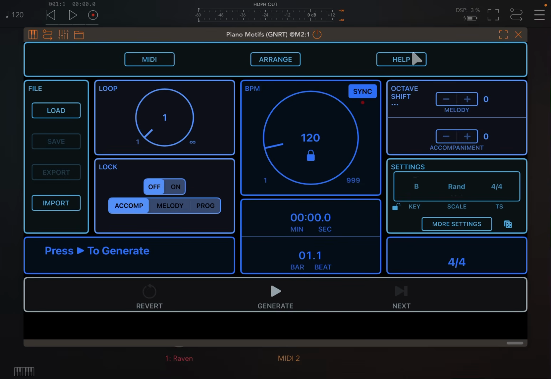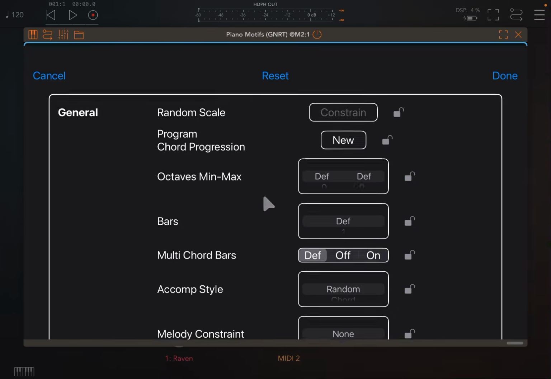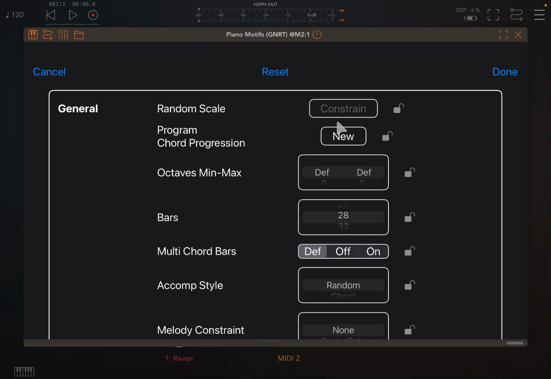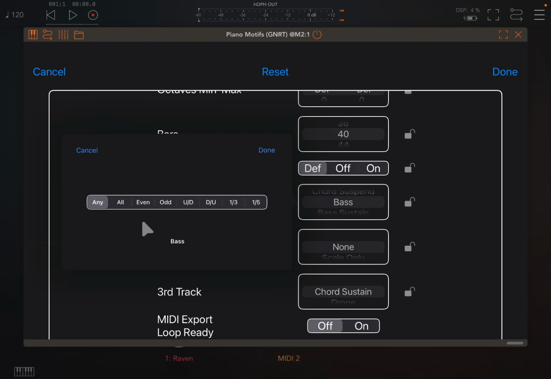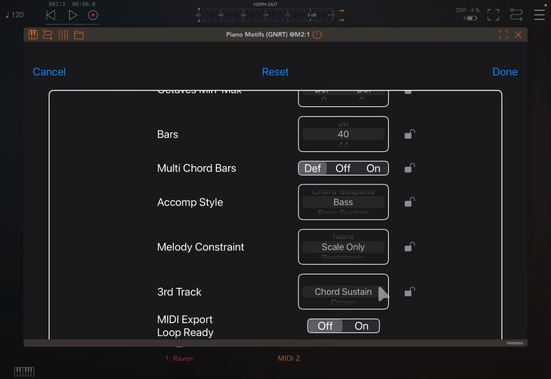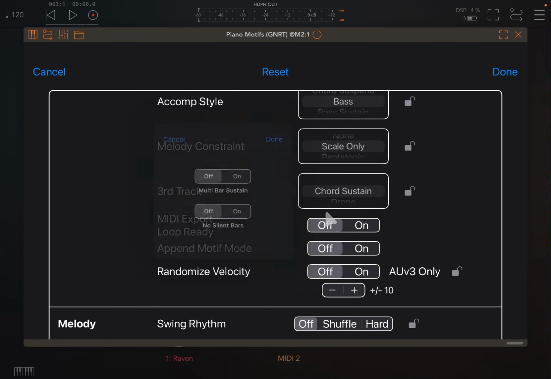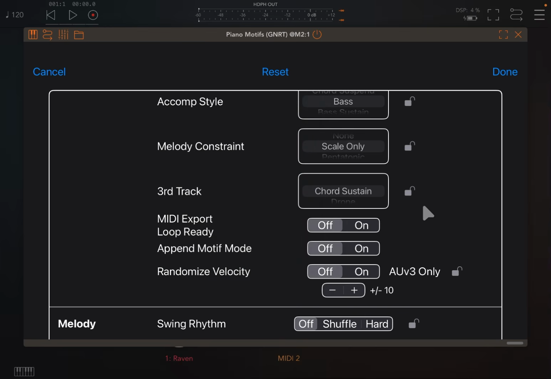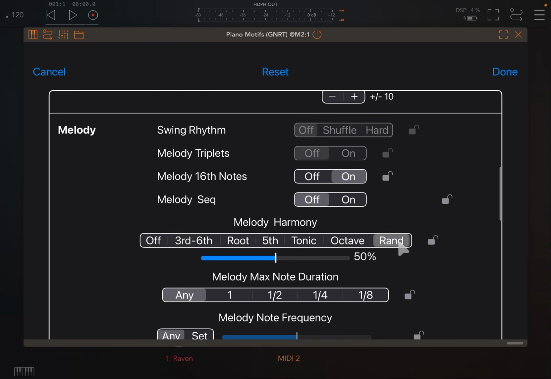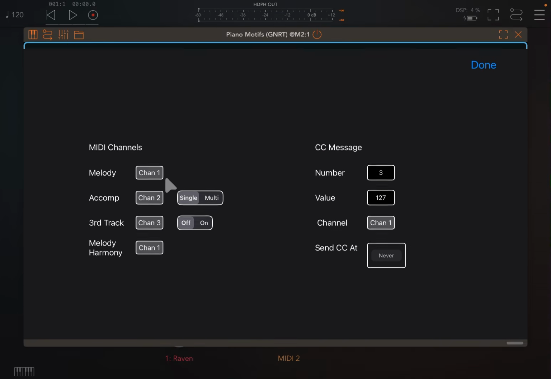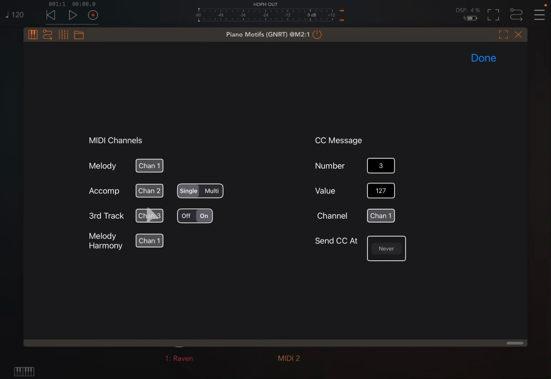For now, we go inside here. We choose a key, B minor. Why not? We go on more settings here. We define the number of bars. Doesn't really matter for the purpose of this exercise here. Perhaps we set it to bass. I explain that in a minute. Any, that's fine. Melody constraint to scale, and I've done other tutorials on this, so you can follow that on the piano motif tutorials. Okay, so 16 notes, random here, click done, go to MIDI, activate the third track on